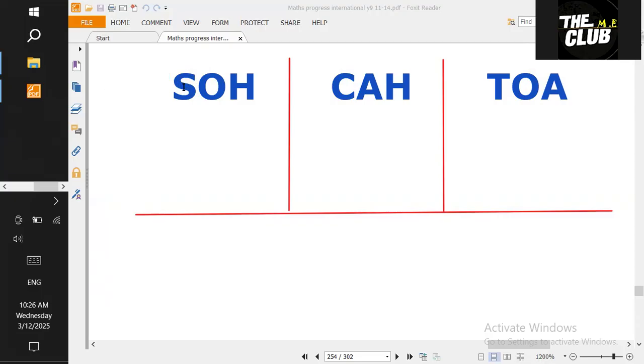So, S is for what? S is for sine. C, cosine. T, tangent. So, sine, cosine, and tangent. Now, each word here has two other letters, which is the O and the H, A and H, O and A. First, let me show you the right angle triangle. If we have a right angle triangle like this